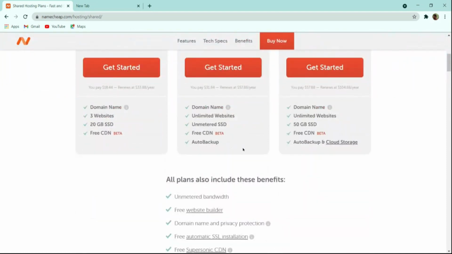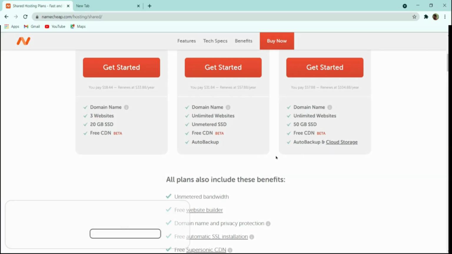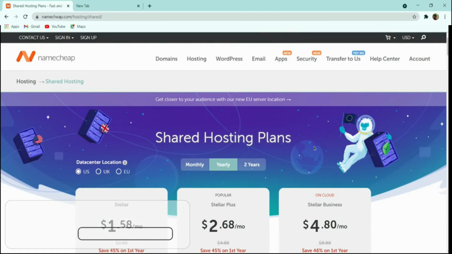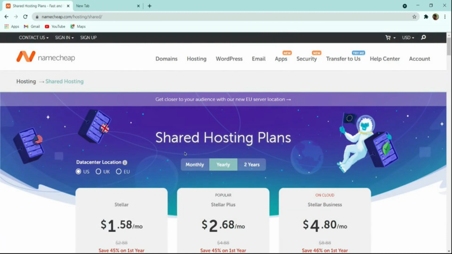It also gives you SSL protection, which makes sure your website doesn't show up as a potential threat to any user, and also gives you a domain name for free. There are some more benefits like unlimited bandwidth, privacy protection, etc., that you get with all Namecheap hosting. So if you purchase any of this hosting, you will get that